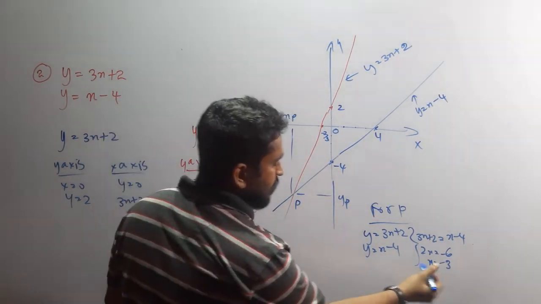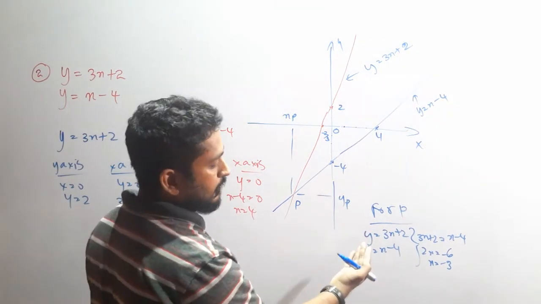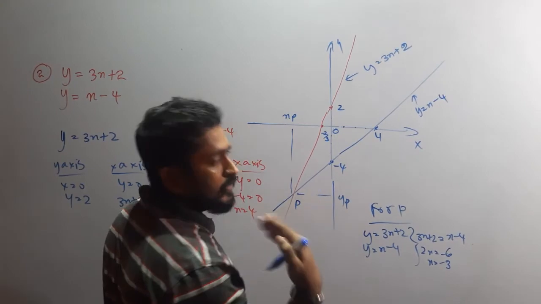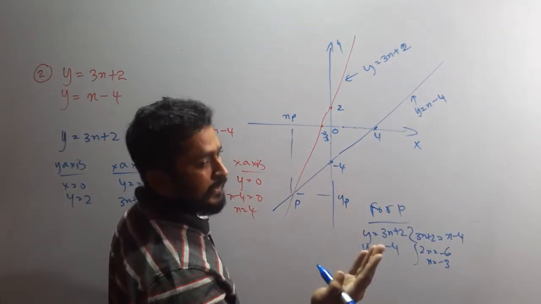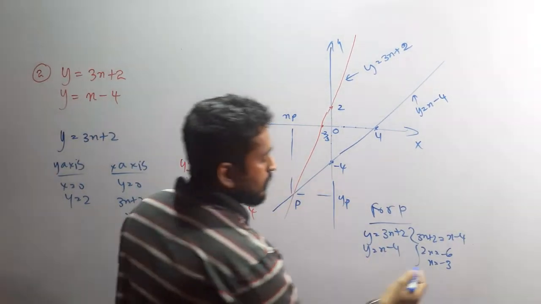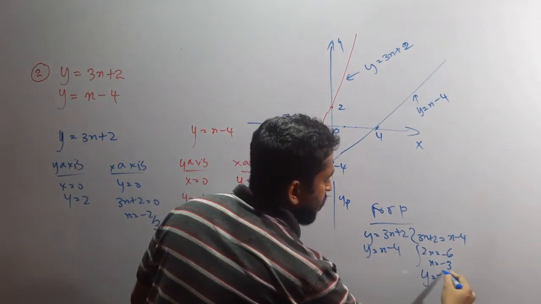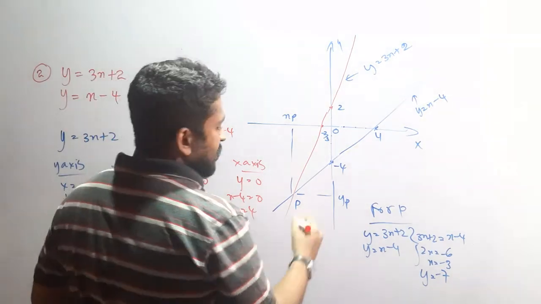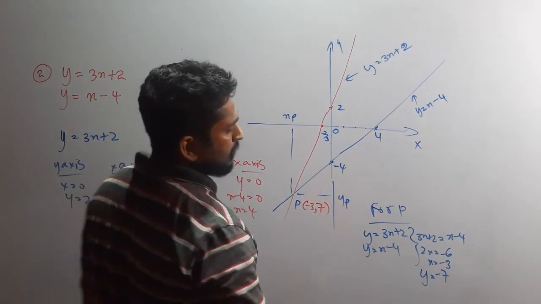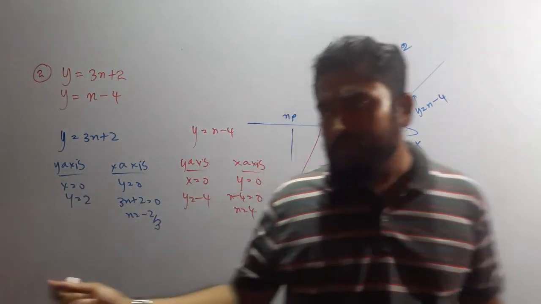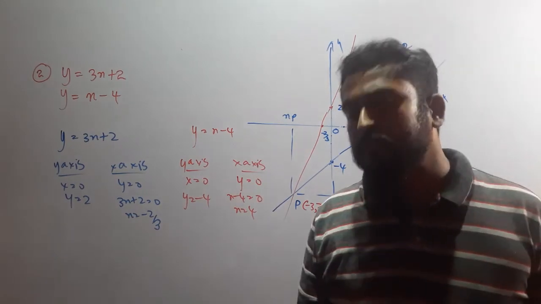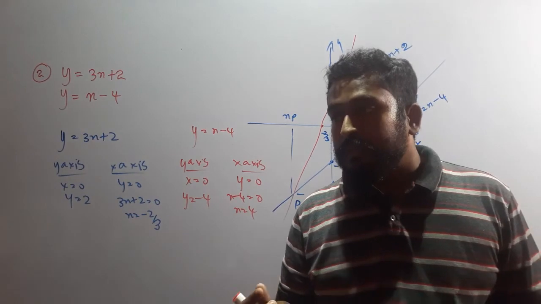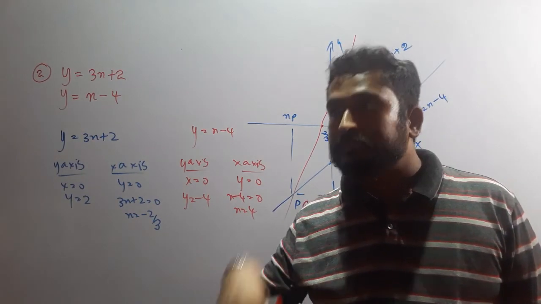Then when x equals minus 3, by using any of the graphs, use the easier one: minus 3 minus 4. You know how to solve simultaneous equations. So x equals minus 3, y equals minus 7. All done. Go and put it. Minus 3, minus 7. Simplification mistakes, you might have made those. Don't worry, but get them corrected sooner than later.